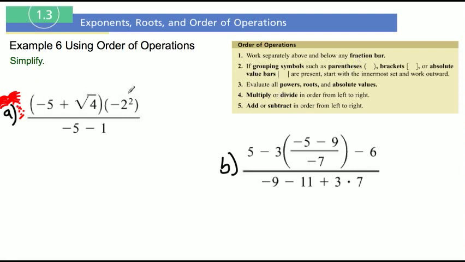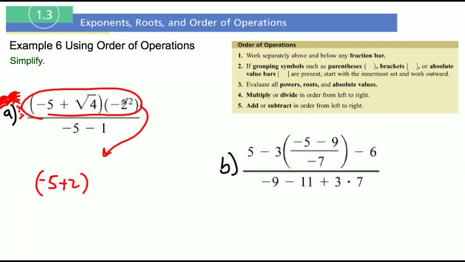Okay, let's deal with just the numerator first. Let's deal with what's inside these parentheses: negative 5 plus the square root of 4. That's negative 5 plus 2. And then here we have negative